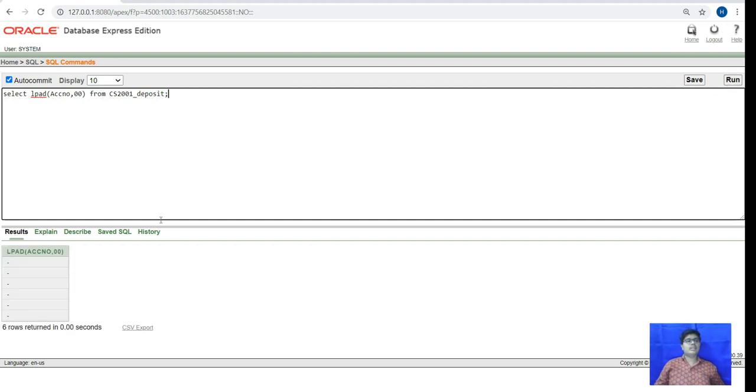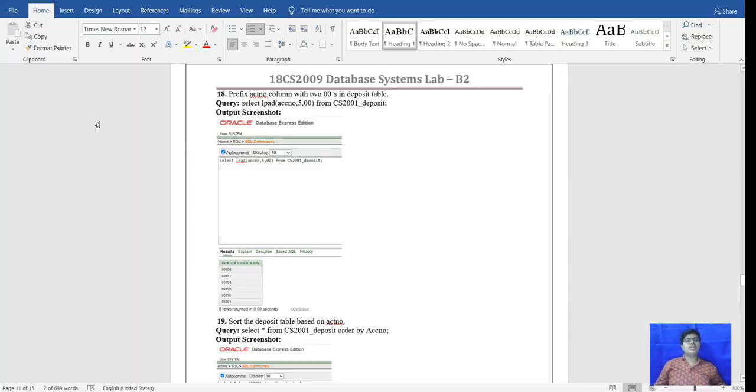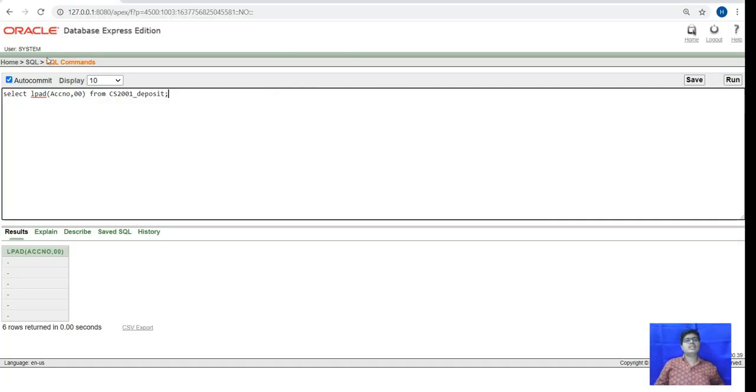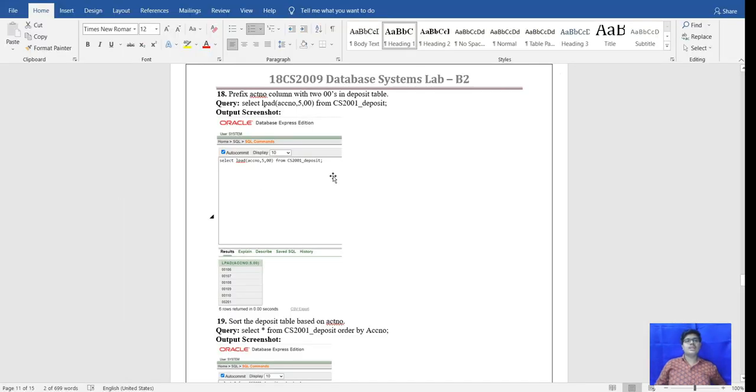By mistake for the prefix we have 5 columns here. It will show the LPAD, meaning from the left it will add 2, on the account number of the deposit table.